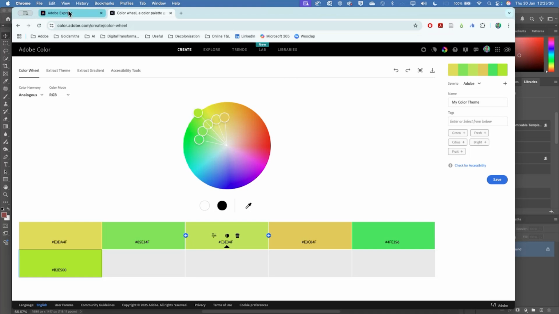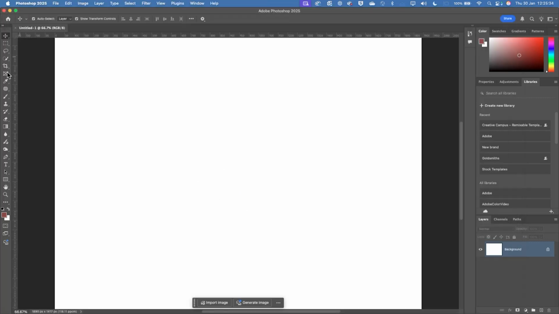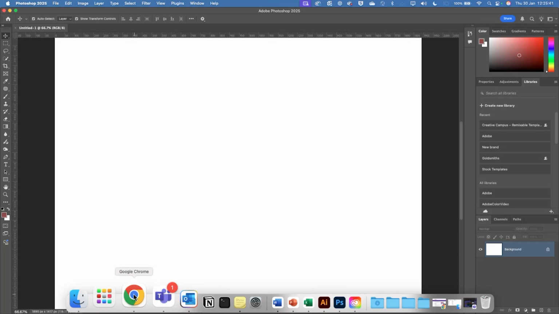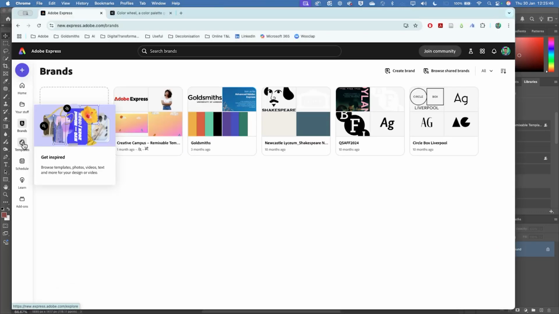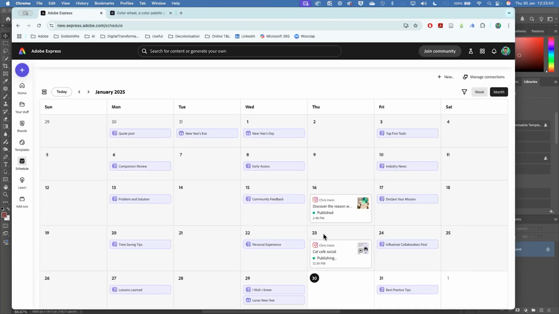And one really good use case is if you create a piece of social media content within Illustrator or within Photoshop, you can then just pull it straight into Adobe Express. Let me just open Express over here, and then I can use the scheduling tool to post it directly on social media. So if I've got all of my social media connections set up within Express, I do another workshop on how to do this. So if you're interested in this aspect, come to that and I can talk you through it.